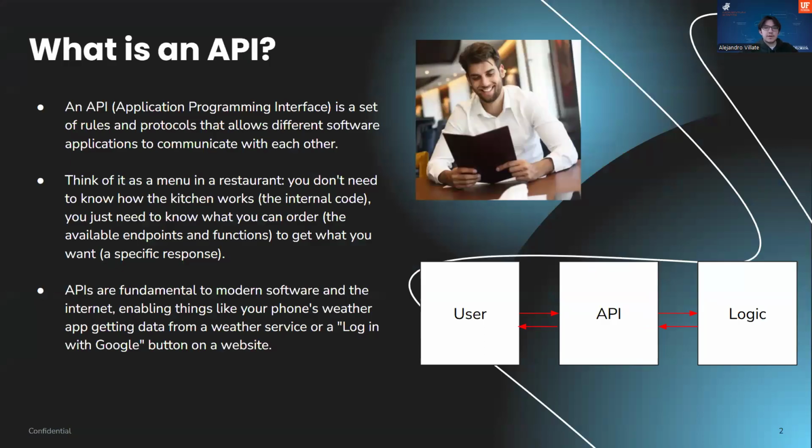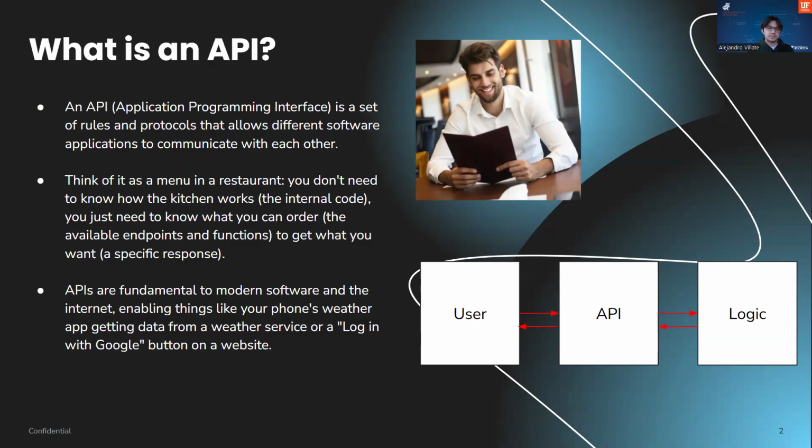So to start off, what is an API? An API, or application programming interface, is a set of rules and protocols that allows different software applications to communicate with each other. Okay, that's kind of a long technical definition. So just to make it a little simpler, an API is a set of methods that allows different applications to